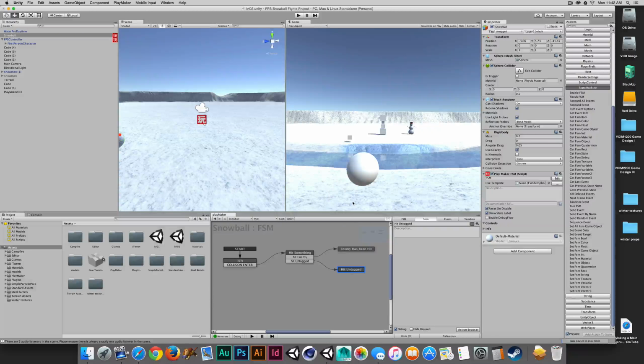So let's continue improving the logic of our snowball. And once we get the snowball buttoned up, we'll make this thing a prefab. So the next thing that I'm going to do, if you remember from the previous presentation, we have multiple states